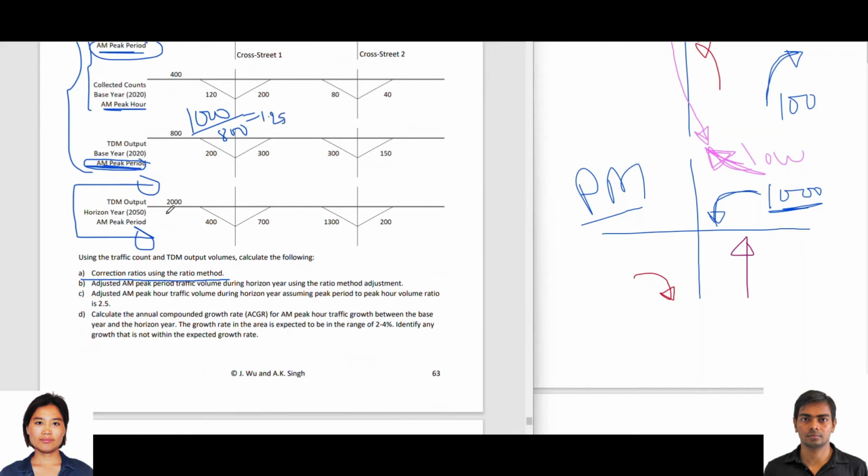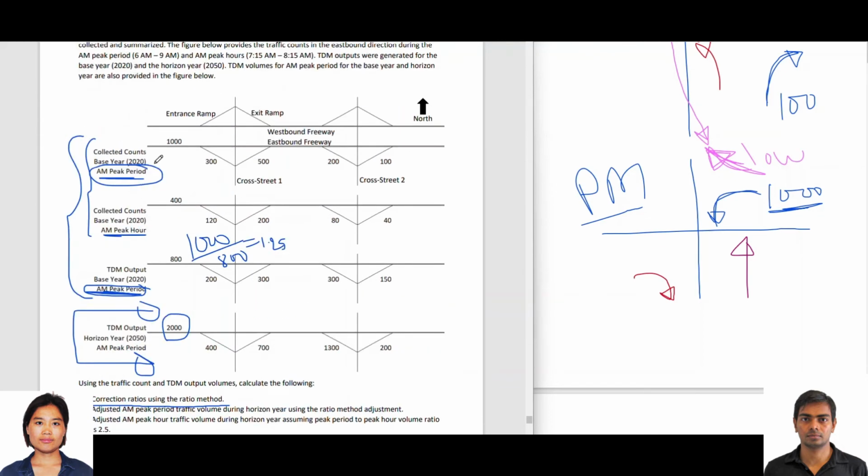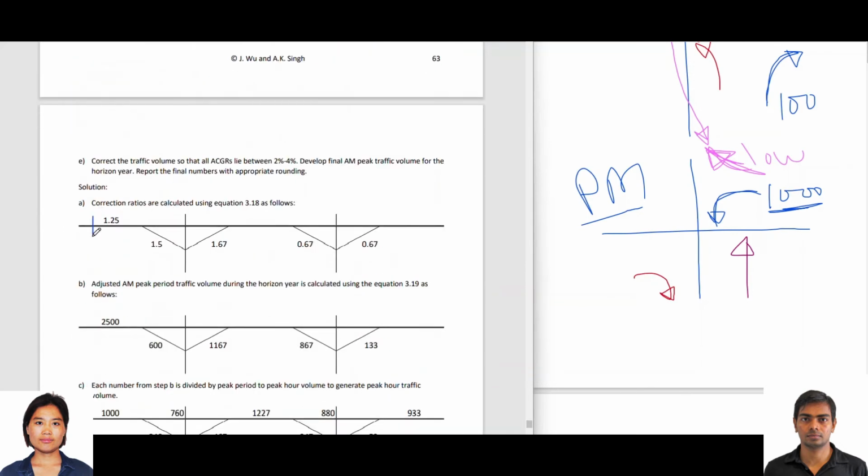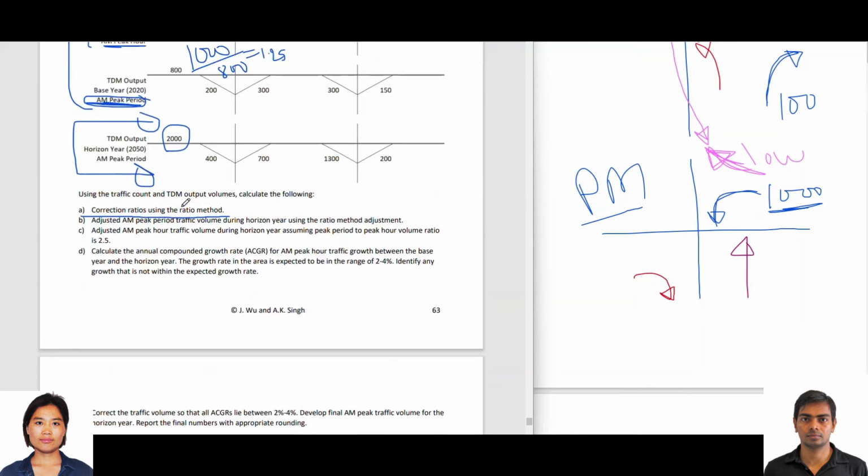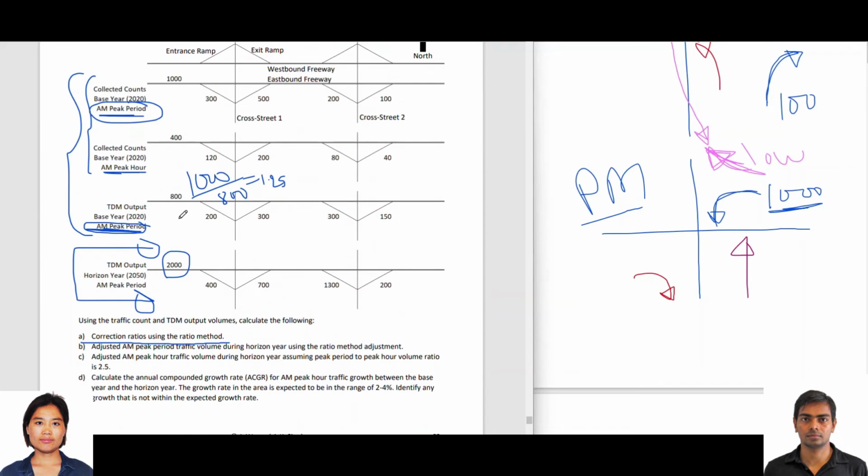Now I can take this number and multiply it by 1.25 to move from TDM to the actual counts. So I have the correction factor here, 1.25. Let me calculate just one more. The TDM output here is 300. However, in existing this was 200. So the correction factor for this ramp,